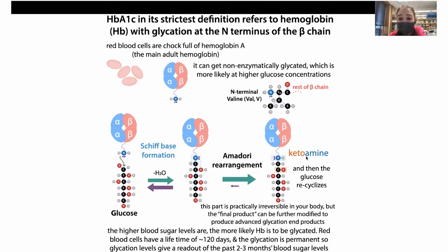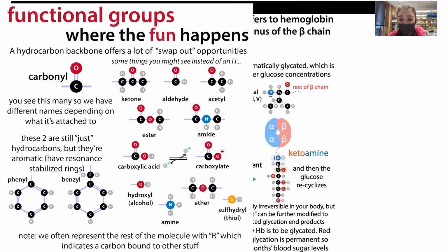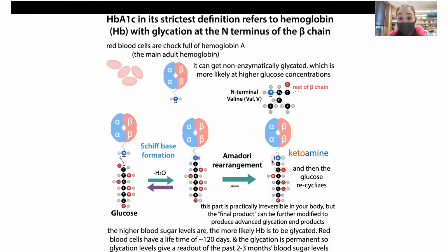And so now we have a ketoamine. So this is a ketone. Before, we talked about the aldehyde having a double bond O with an H, and the ketone has a carbon on either side. So instead of having an H on one side, it has a carbon on both sides. We call that a ketone, and this is an amine group, no longer an imine group. And so now we have this ketoamine, and this is actually going to recyclize, because remember that glucose